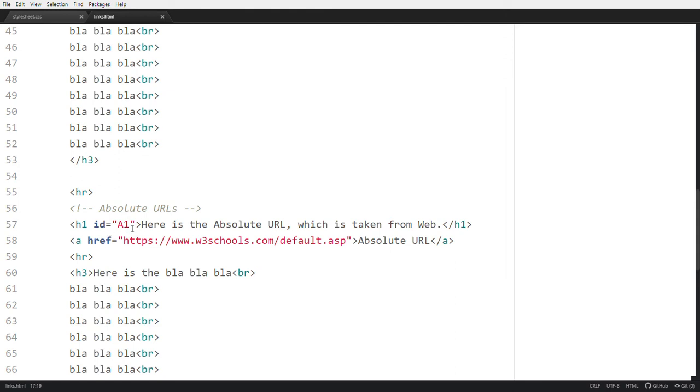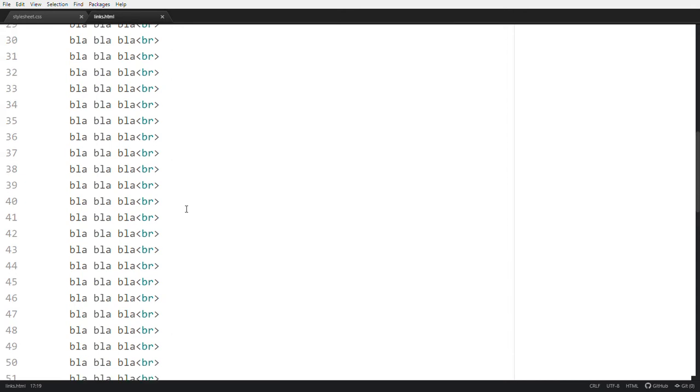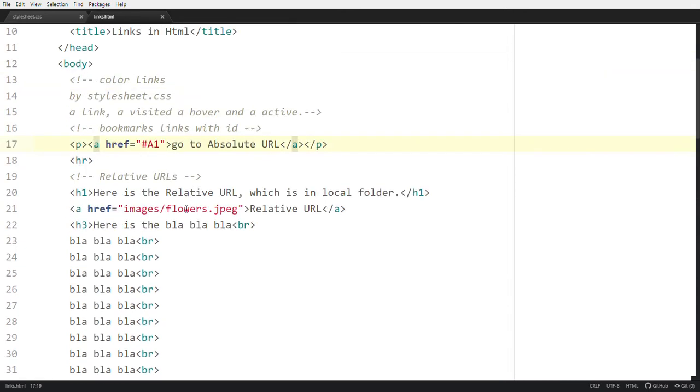This is the bookmark ID, the details of the ID. These IDs are unique. To reach this place with a single link, bookmarks are used. When you click on this link, that is converted.